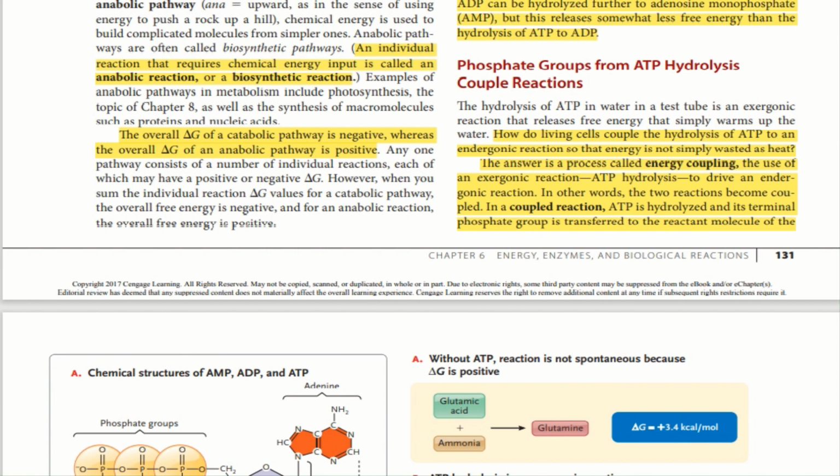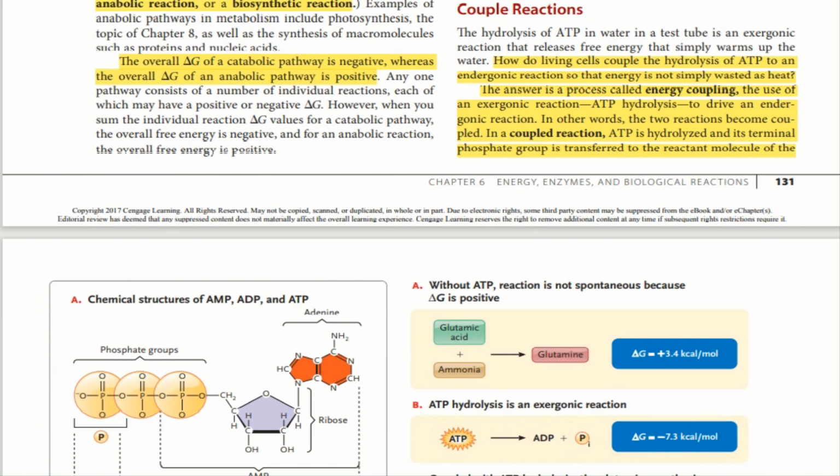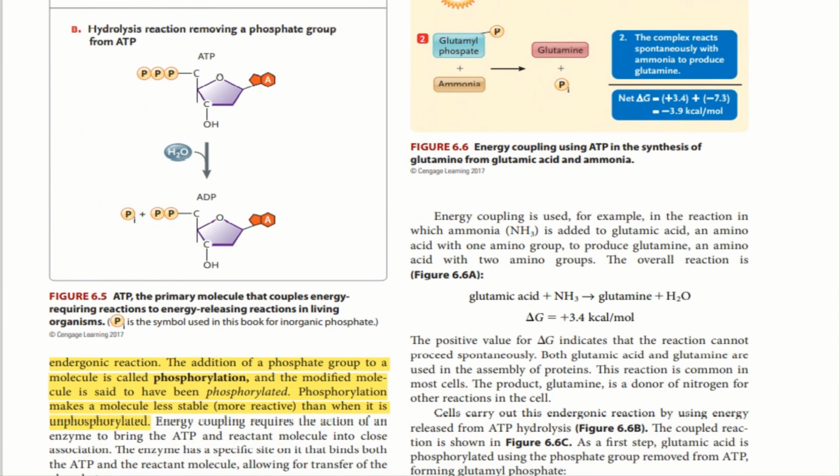The answer is energy coupling: the use of an exergonic reaction, ATP hydrolysis, to drive an endergonic reaction. In other words, two reactions become a coupled reaction. In a coupled reaction, ATP is hydrolyzed and its terminal phosphate group is transferred to the reactant molecule of the